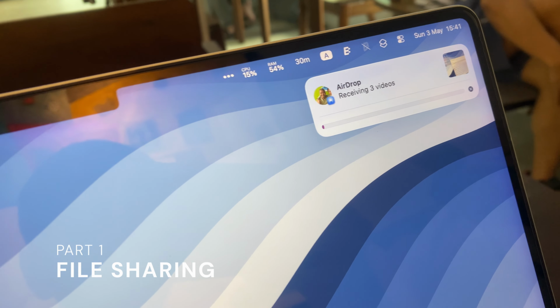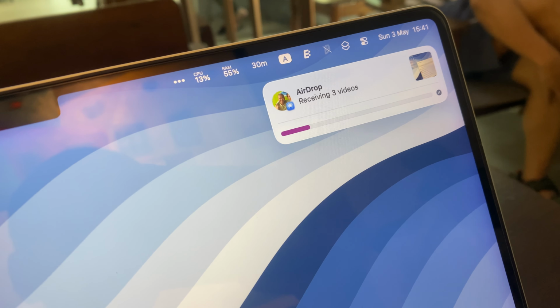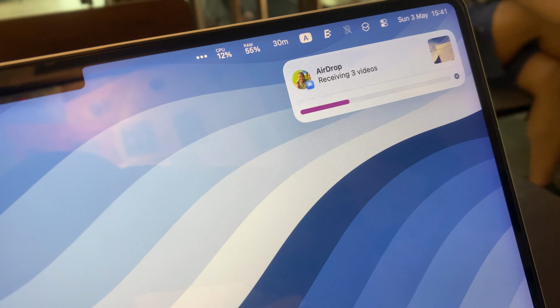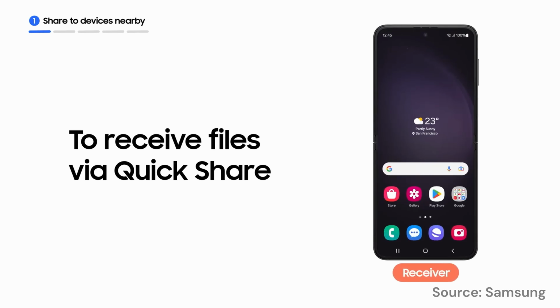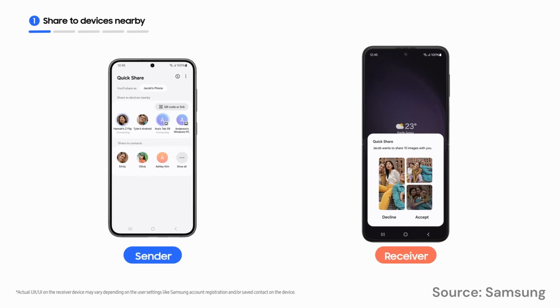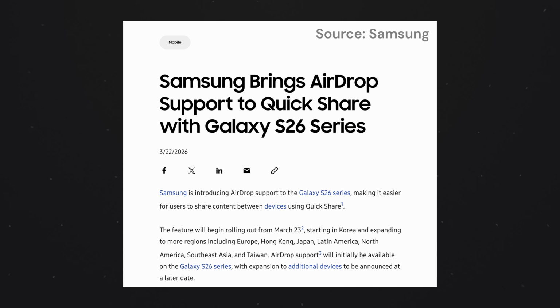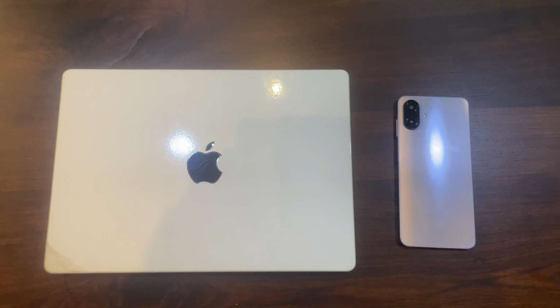One of my favorite things about living in an ecosystem is file sharing. AirDrop works so well and so seamlessly across my iPhone and my Mac and vice versa, as well as on other Apple devices. The same goes for Quick Share and Nearby Share, which works with all Android devices and even on Windows. There have been recent developments in the scheme of file sharing, like Samsung and Google supporting AirDrop with Quick Share and Nearby Share. However, it is still pretty much limited and requires specific settings on the Apple side. That's why I use two apps to solve my file sharing issue across my Samsung Android and my MacBook.